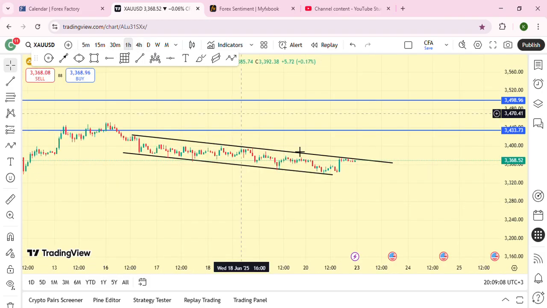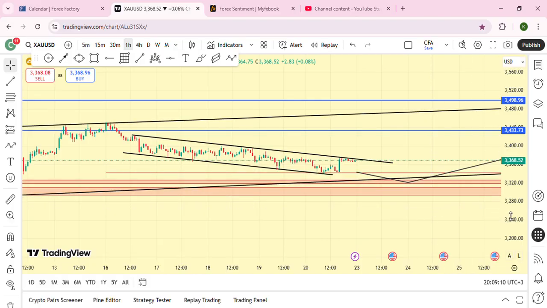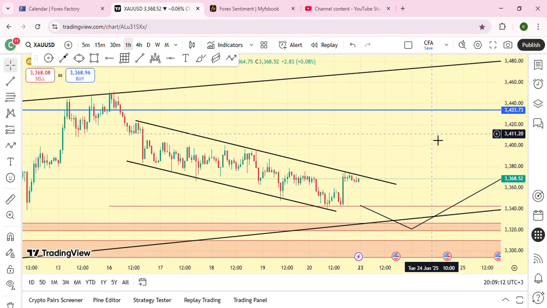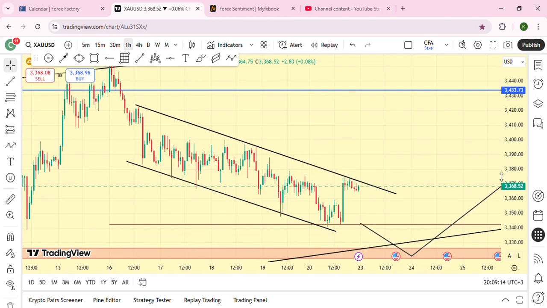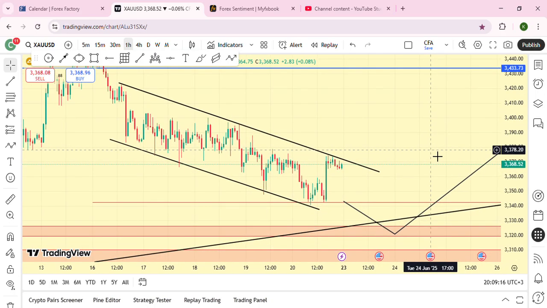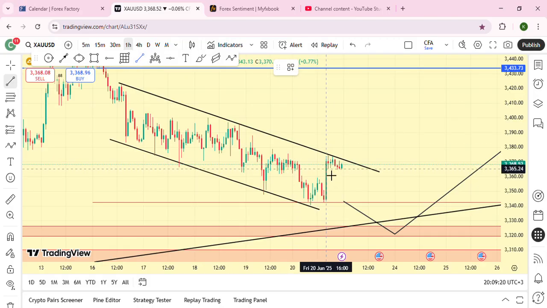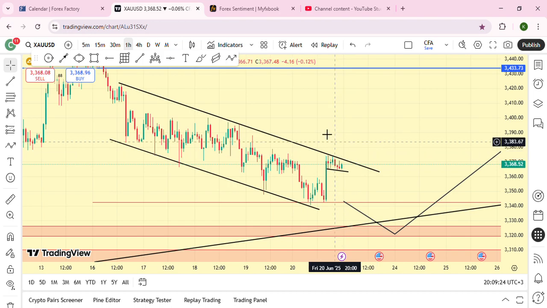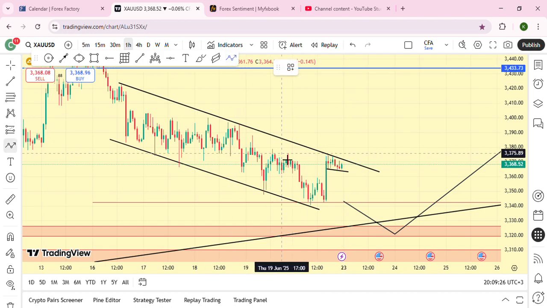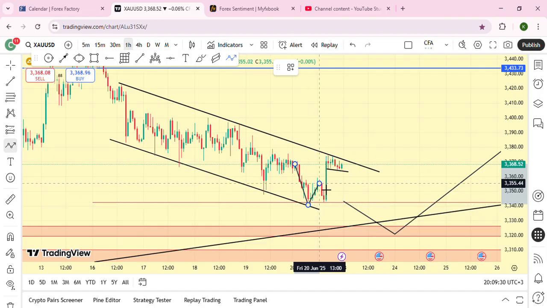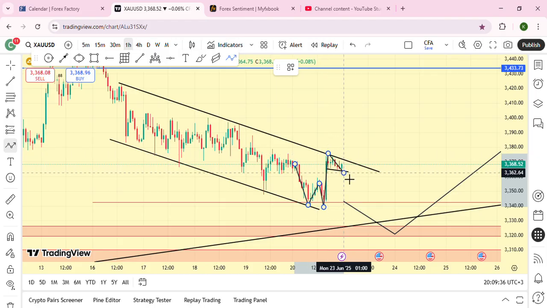Now coming to this 1 hour time frame, you can clearly see how the market has been trending. We had a drop, a first bottom, then a second bottom, that is a double bottom. The market went up, a strong move, then consolidation here. So I expect